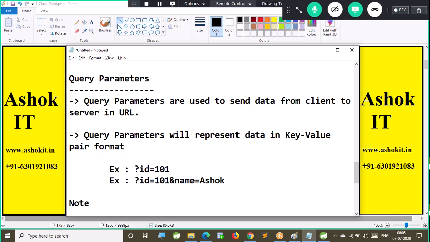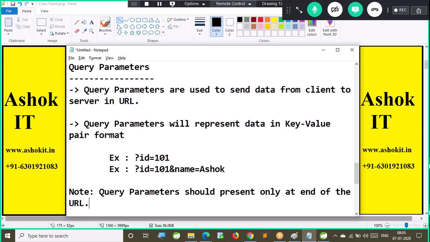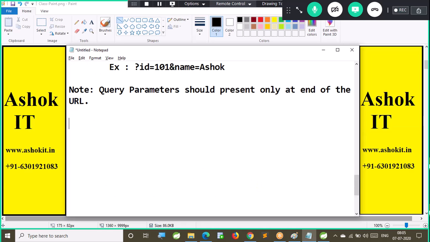And note, query parameters should be present only at the end of the URL. What does that mean? Now my URL is